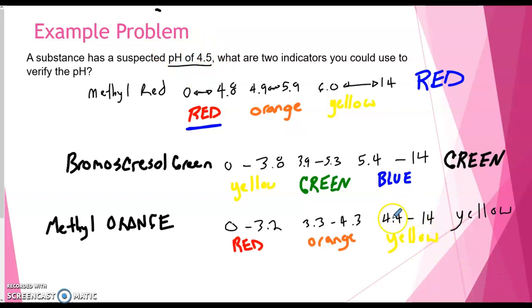4.5 lies in this range, 4.5 lies in this range, and then 4.5 lies in this range. So this would be true. If all of a sudden we're getting different colors, we would get confirmation that what is said isn't true. So that's one way of looking at the indicators, and an example problem of something you can